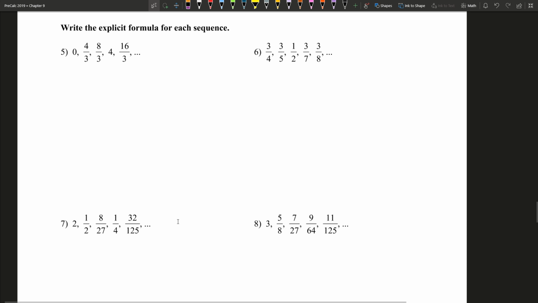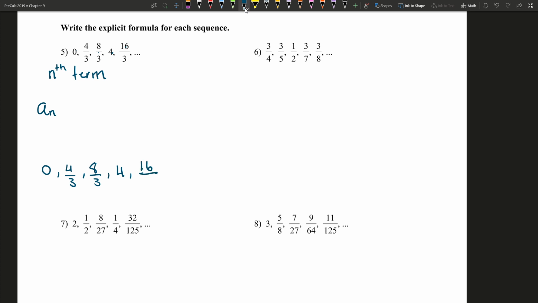Number 5, 6, 7, and 8 say to write the explicit formula for each sequence. What that means is to find the nth term. So we're trying to find an. And we need to see what's happening between 0, 4/3, 8/3, 4, 16/3, and so on, right? So if you step back and look at what each one has in common,